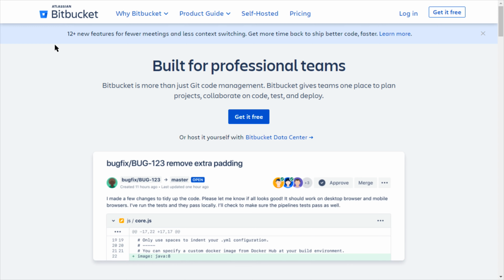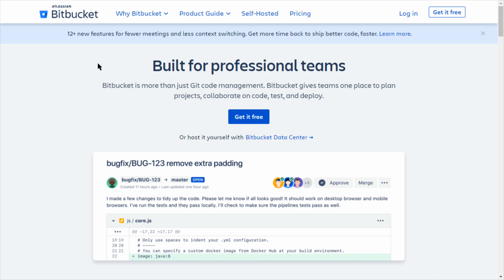I don't know how to say it. They are the company that makes Jira. They make a number of other things, but it's a major company and it's enterprise software. So it's very good quality software because it's made for enterprise businesses, but it's also free for individuals, or like Bitbucket